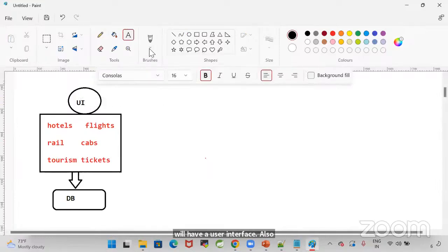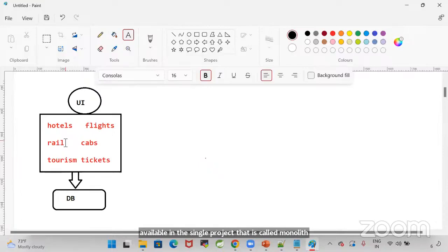UI will be available. Now, from the UI, we are going to access this project. Whenever you perform some operation on the UI, then backend logic is going to execute. Where is that backend logic? Complete backend logic is available in the single project, and that is called a monolith application.